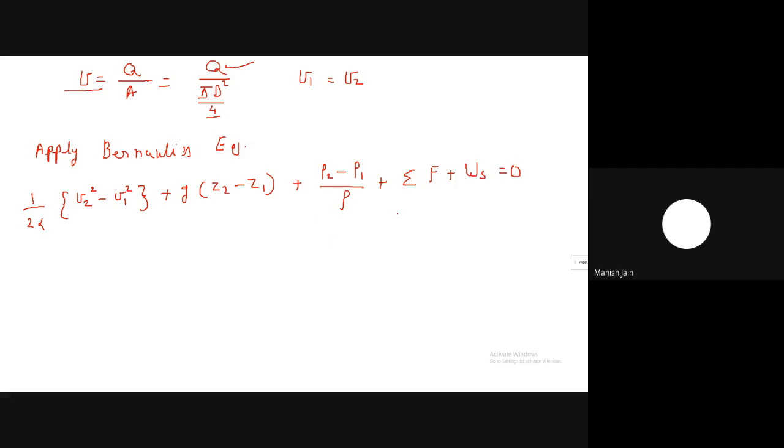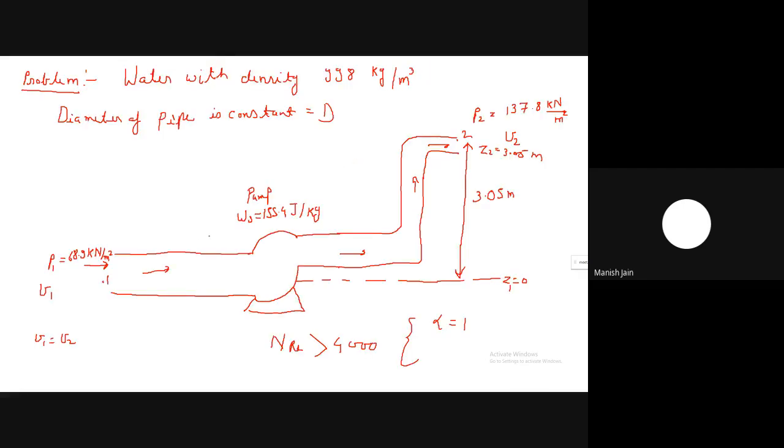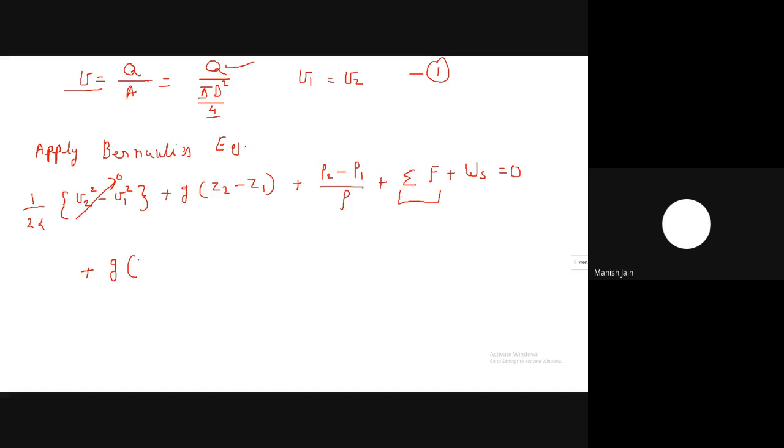Now here you have to calculate the friction losses in the system. What is sigma F? That you have to calculate in this problem. So V1 equal to V2. This is equation number 1. From equation number 1, V1 equal to V2, so this term will be 0. The difference in the kinetic energy will be 0. So g into Z2 minus Z1, the difference in the elevation of the 2 points, is 3.05. So here you can write g multiplied by 3.05